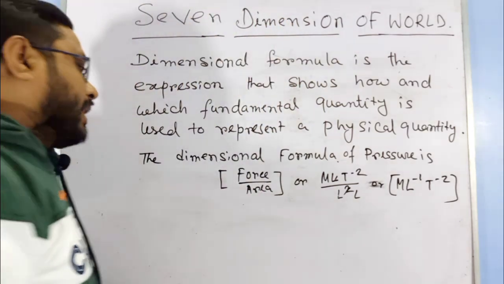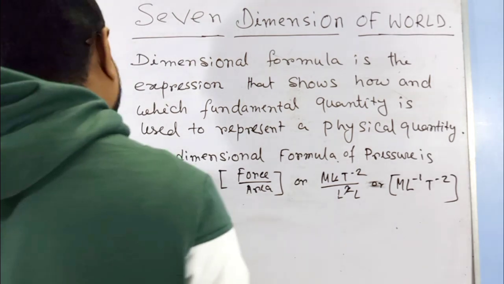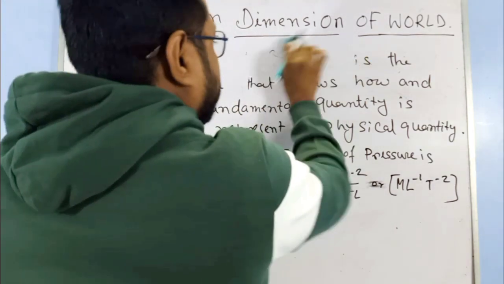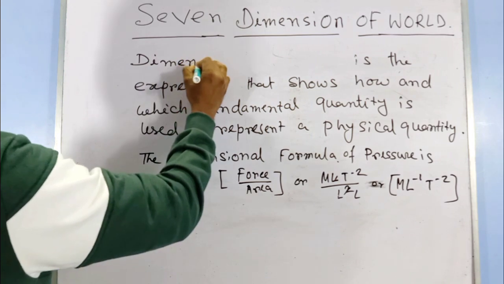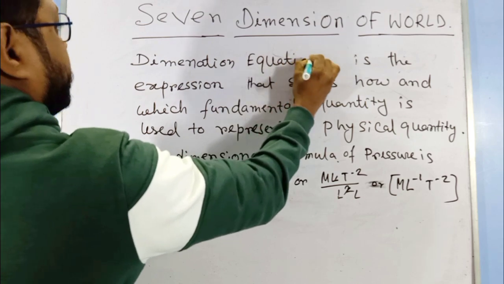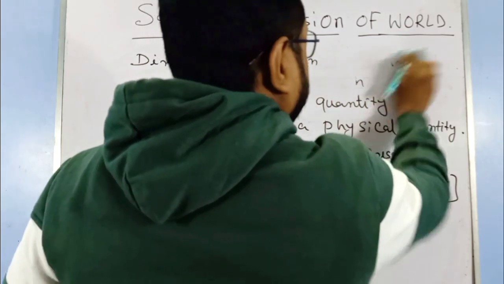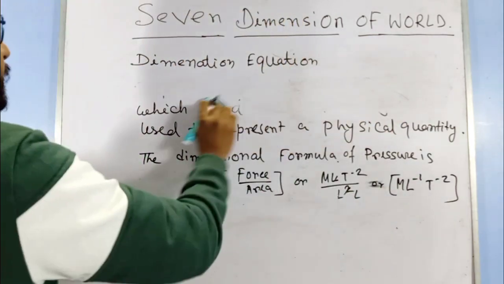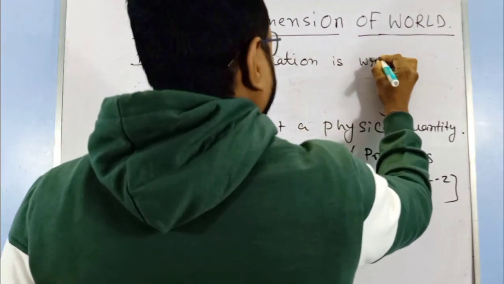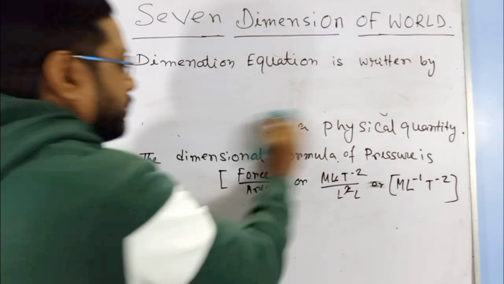Okay. And what is the dimensional equation? Now we go with the dimensional equation. A dimensional equation is written by equating